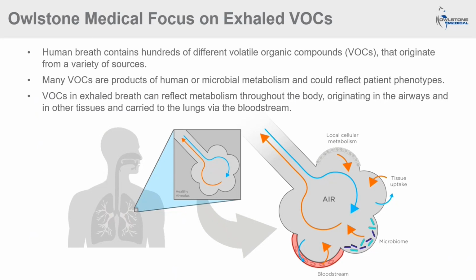So in breath, we will see VOCs that come from the lungs themselves. So from the lung tissue and the lung microbiome, for example, they'll produce VOCs that can be seen in exhaled air. But we'll also see VOCs that come from the wider body, as these molecules are really small and they readily diffuse between blood, tissue and air. That means a VOC can be produced at a distal location in the body and diffuse into the bloodstream, into the alveoli, and then can be seen in exhaled air.